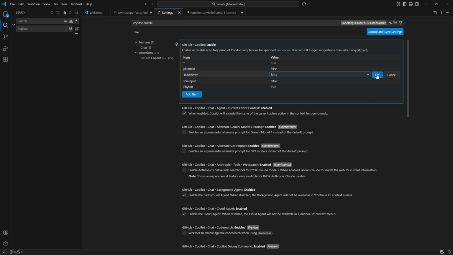You don't need to restart the editor. The next time you work in a file for a language you disabled, Copilot suggestions will no longer appear for that language, while staying enabled in others. If you ever change your mind, return to the same setting, click the pencil again, and adjust or remove the entry. This approach keeps your workflow consistent and focused, letting Copilot help where it's useful and stay silent